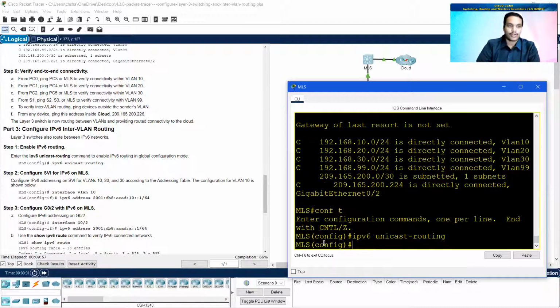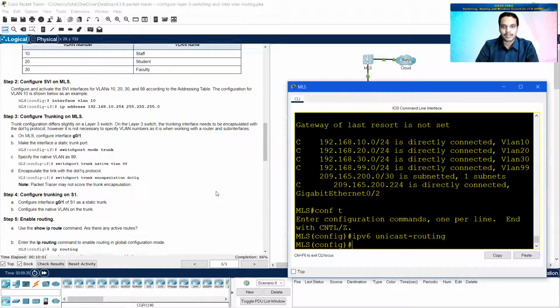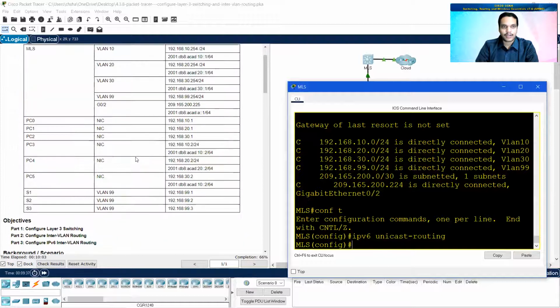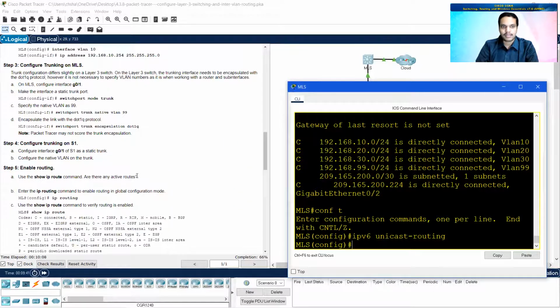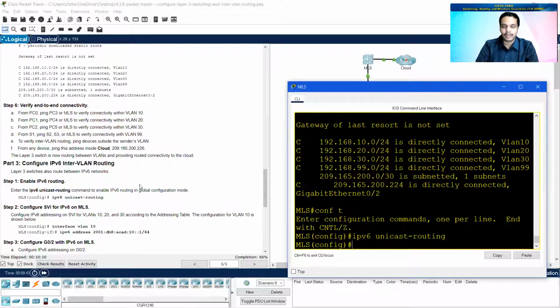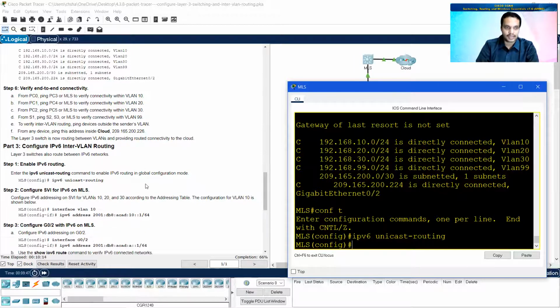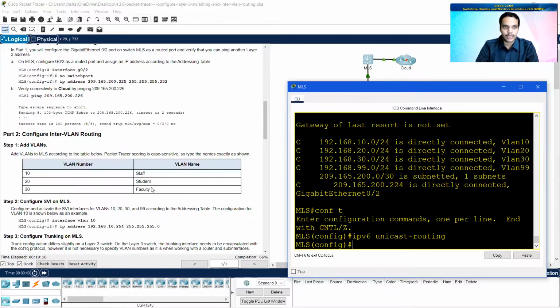Okay, you need to enter this. Similarly, for all these interfaces, as you can see, for interface VLAN 10, rather than just putting in ip address, you need to type in ipv6 address. That's all. Let me start doing that.